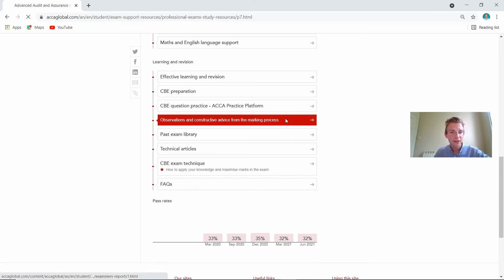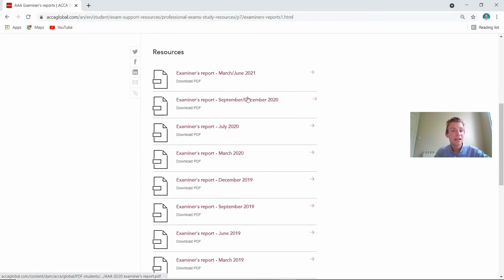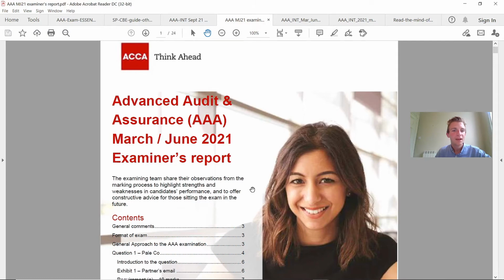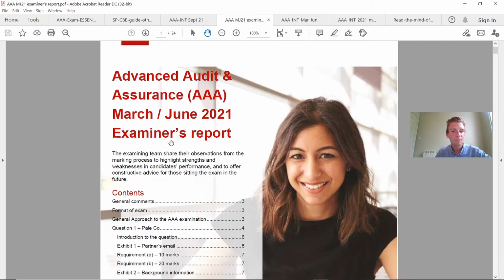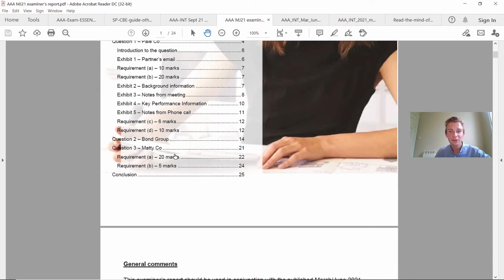We've then also got the actual examiner's report on here. So if you go on to at the bottom, now no matter what date you're watching this, I'd only be reading the examiner's report for the most recent one. I would say potentially going back, but let me just show you what you can actually find in there. So this is the examiner's report for that March and June 2021, but it nicely breaks down different questions on there that were actually tested on the examination.